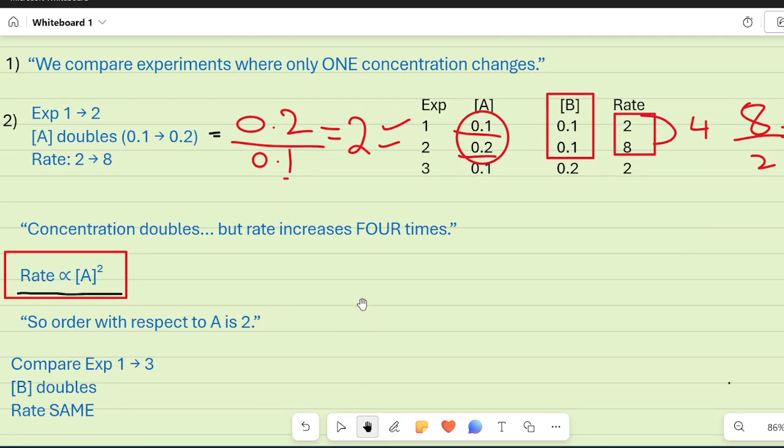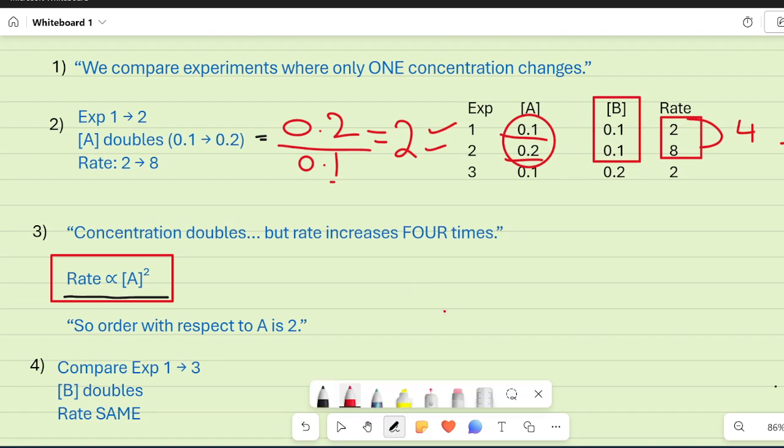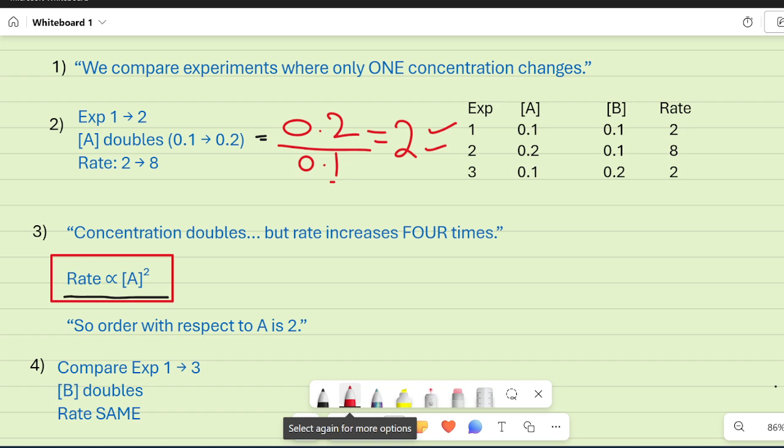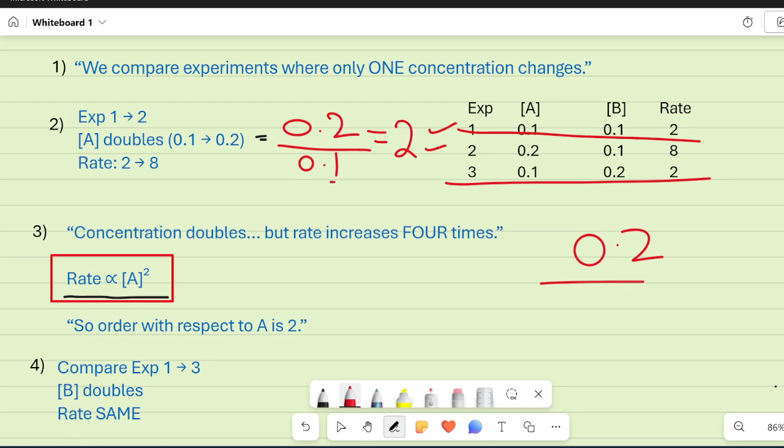Now the second reactant. For the second reactant, which two values are you going to choose to find out the order? Again, same concept, you are going to choose those values in which the concentration of B changes but A remains constant. So you will choose experiment number 1 and experiment number 3. Why? Because in experiment number 1 and 3, the concentration of A remains constant while the B concentration changes. Okay, so B concentration changes by 2, meaning it doubled. 0.2 divided by 0.1, it means that it doubled.